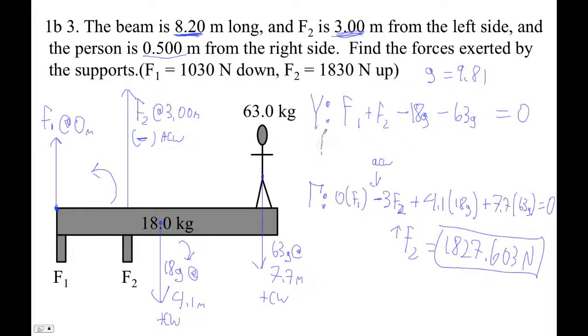So we go F1 plus 1827.603 minus 18G minus 63G is 0. Okay, we ready for this? I think we do this and then subtract that to get this. Okay, so 18 times 9.81 plus 63 times 9.81 gives me a big answer. Not so big though. Okay, and then I'm going to subtract the answer I just got. Oops. 794.61